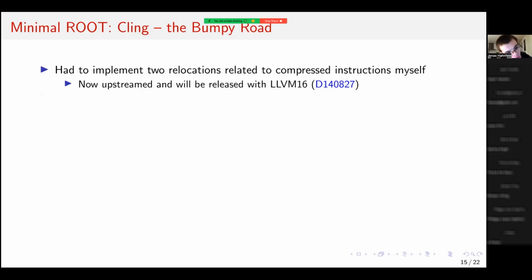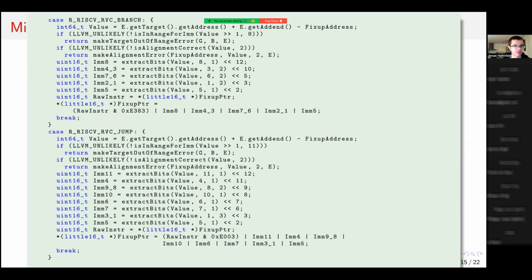Of course, I also had to work a bit myself. So I had to implement two relocations related to compressed instructions. Those are now properly implemented and will be released with LLVM 16. This revision is only, I think, two weeks old. And just to show you what this is about, please don't get too scared here. So these are the two